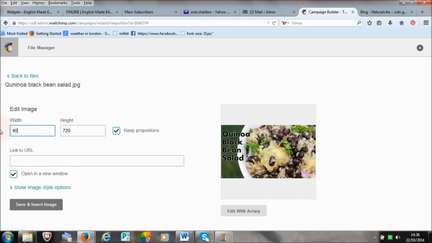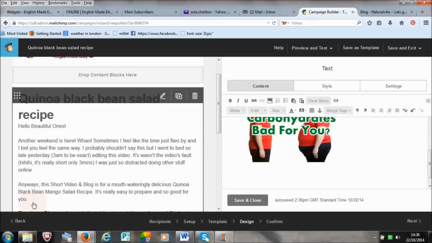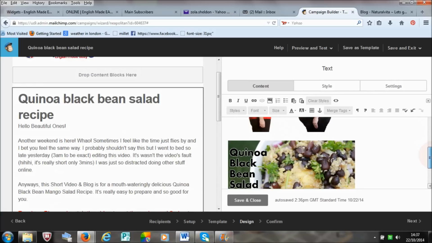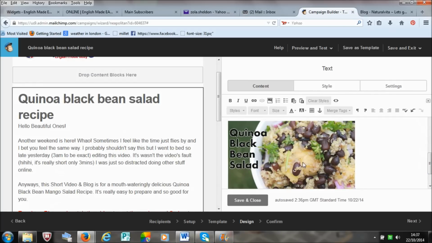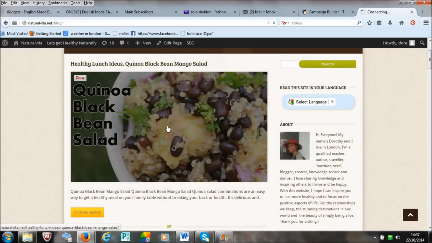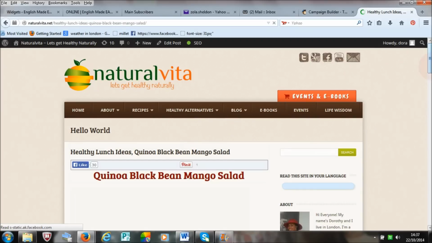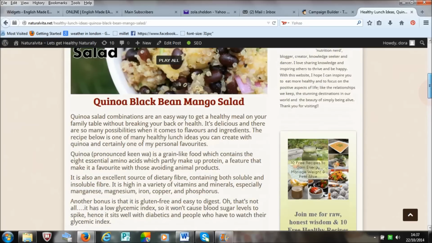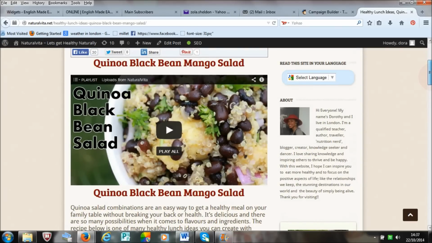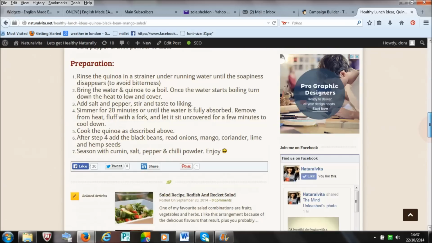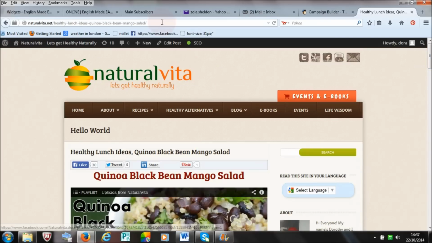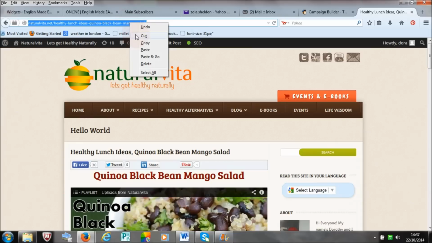Alright. Again, adjust the size to make it more manageable. Save and insert image, and here it is, just underneath the other image. Now, if you want to link this to your blog, go to your website, go into your blog. So this is the blog which I've written, and I've done a video on this as well, about how to make quinoa black bean salad. So all you do is go to the top here where the URL is, click on that, right click, copy,